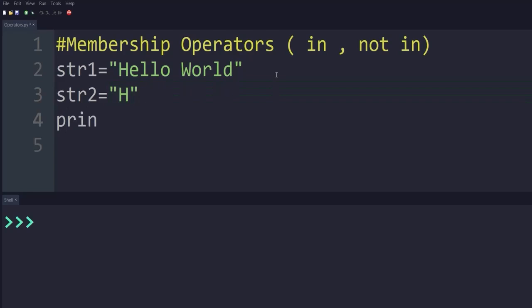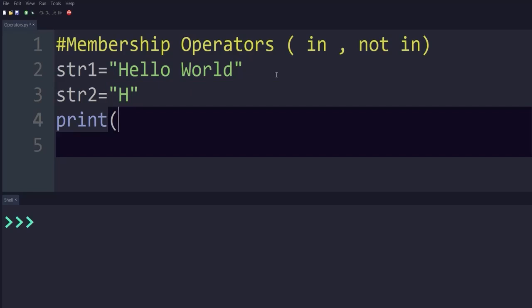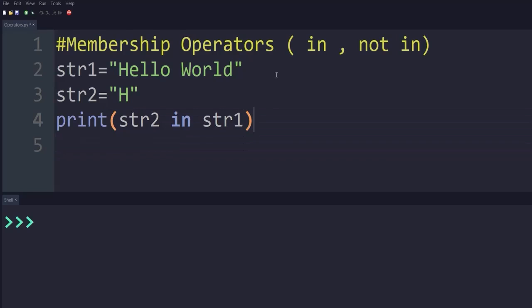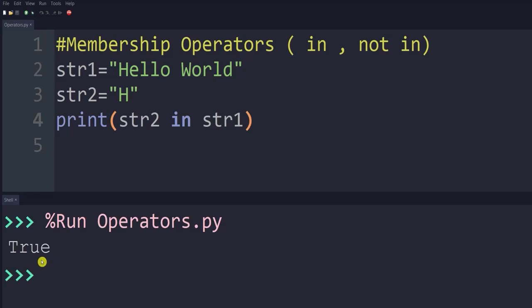Now if I write str2 in str1, so if this substring or character exists in str1, then it will return true, otherwise it will return false. So let's execute this code. So we get true. Why? str2 exists in str1. H is present in this string.